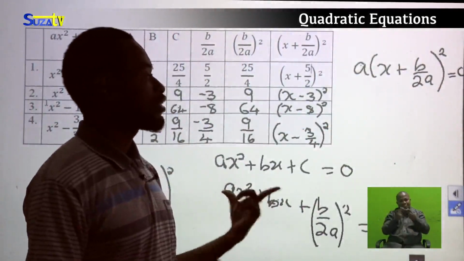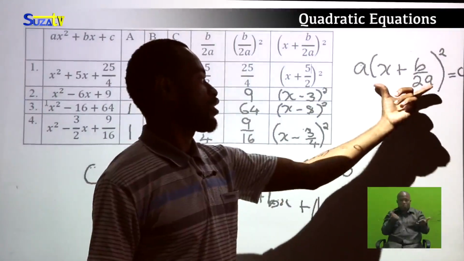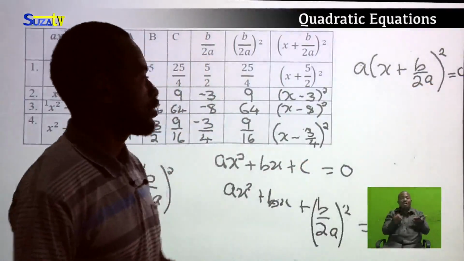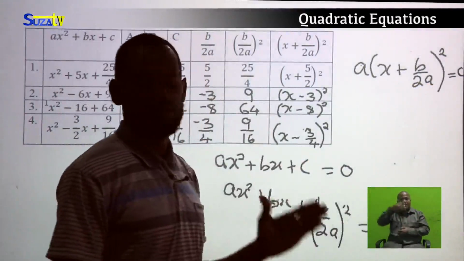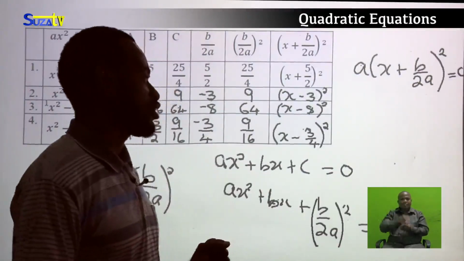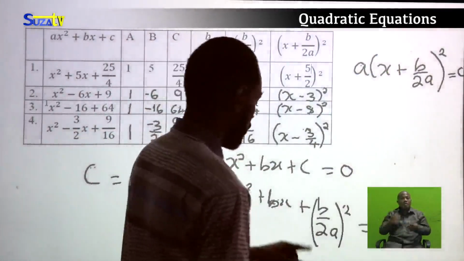That's why we say perfect square, because if these are the factors of the quadratic, then we're going to have x equal to negative b over 2a, which is a perfect square. So if you try to expand, you're going to have the same value here,